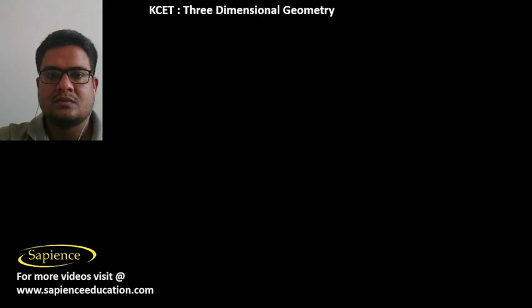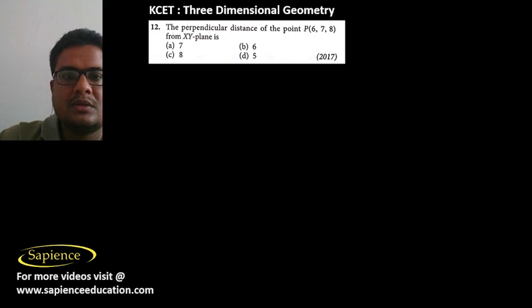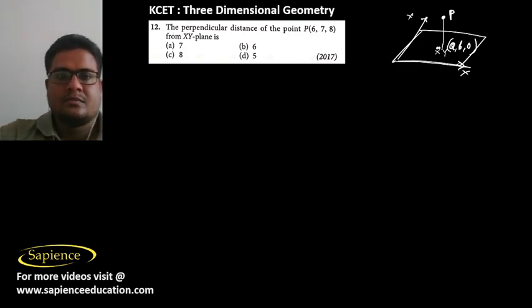Question number 12, it is told the perpendicular distance of the point P from the xy plane. So at any point on the xy plane, the coordinates of any point is given as (a, b, c). The z coordinate is 0. So the perpendicular distance of the point P from the xy plane will be equal to